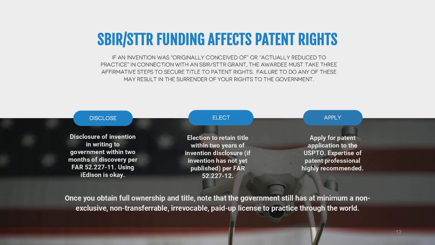You can look this up. A lot of the government contractors use this. You could just digitally type up, in a paragraph or a couple of sentences, that you have a particular invention. Now, again, this is only in connection with government funding, if this idea was reduced to practice or conceived from funding from the government.